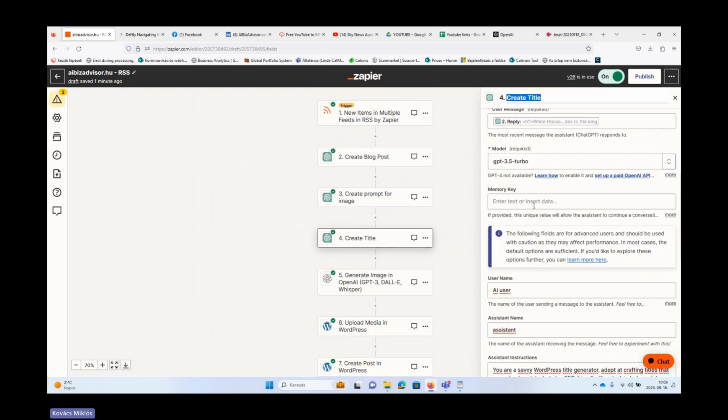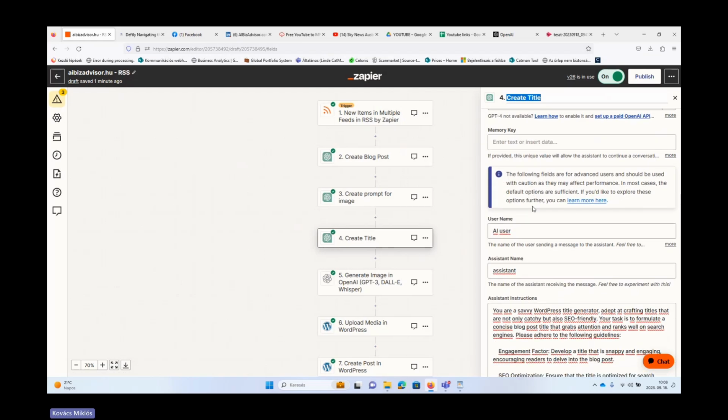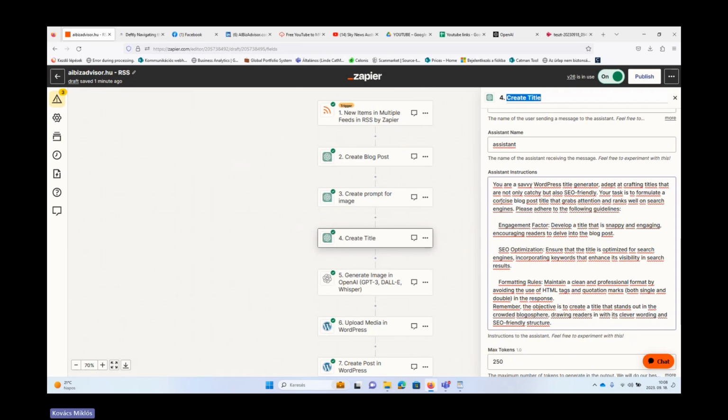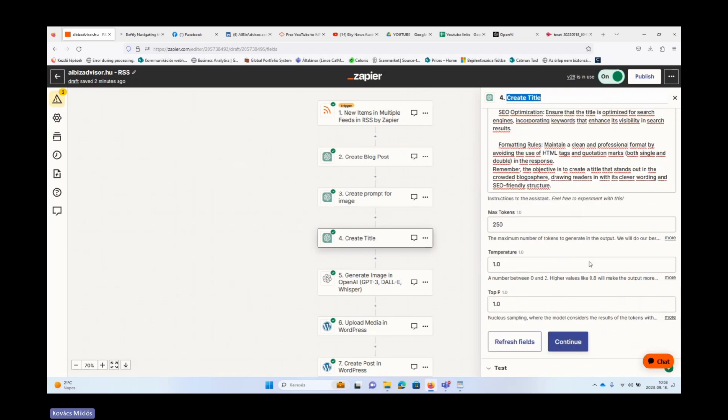Here, ChatGPT 3.5 would be enough. Username, assistant, fine, and then again a nice prompt. So you are a WordPress title generator. Your task is to formulate a concise blog post title that grabs attention and so on. Again, copy paste or adjust it according to your needs and it will be fine.